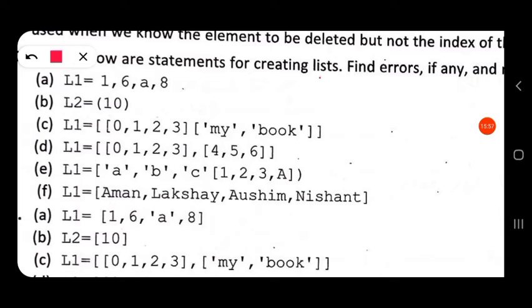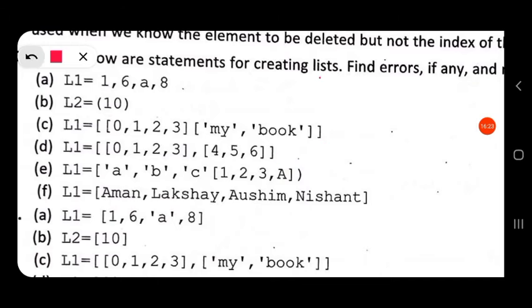But here no comma is there between two elements in the list. So this is the error. Then again, question D, L1 is equal to [0, 1, 2, 3, 4, 5, 6]. In this no error is there, this is correct.